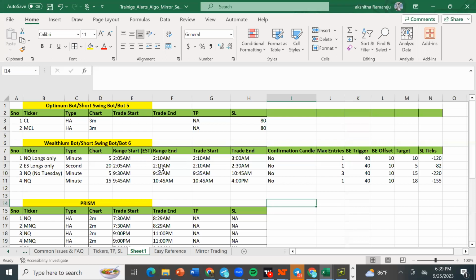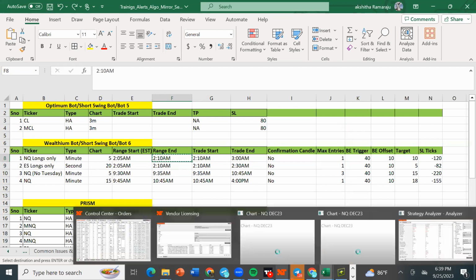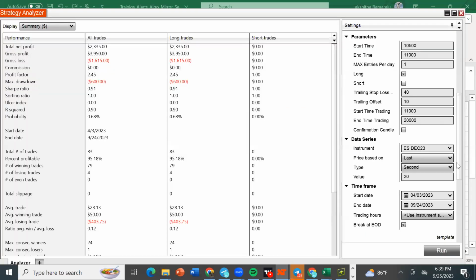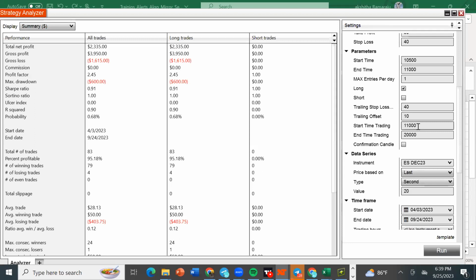It is actually 2:05 to 2:10, and this is 2:10 to 2:30 a.m. So your trading time is